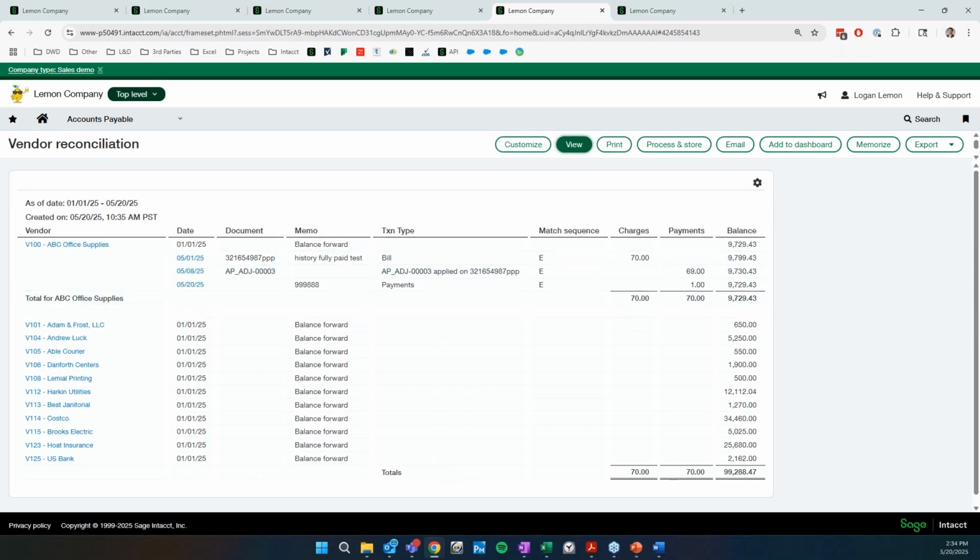But if I say the match sequence E, I've identified that this bill is paid by other activity in this match sequence called E. I can then look and see, okay, here's an adjustment that I applied to this bill, and then I applied an extra $1 of payment. So you can compile all of the activity from the bill to the payments and the different payments that were applied. So the kind of long way around this is if you go into the bill,